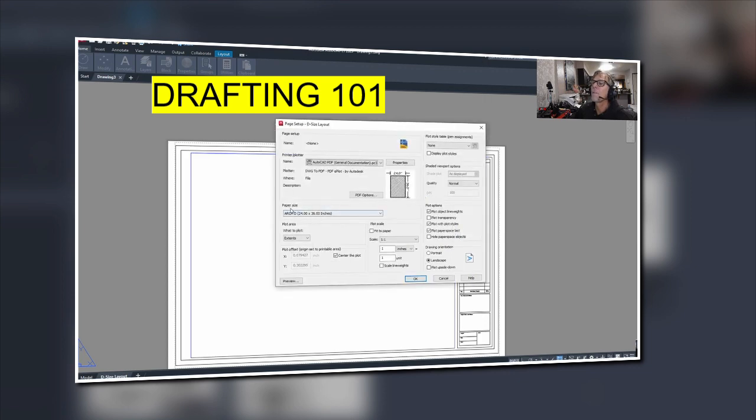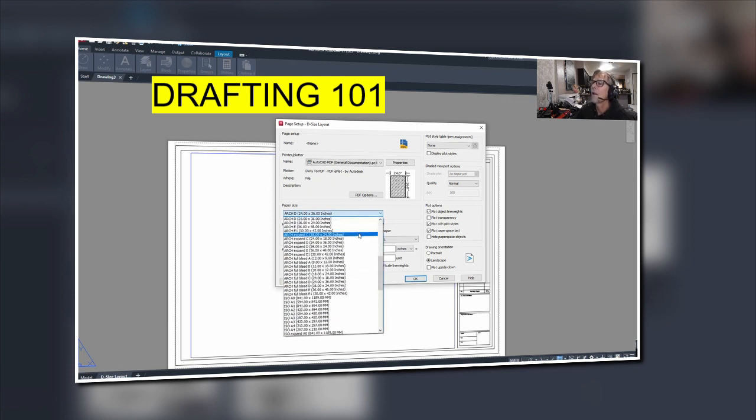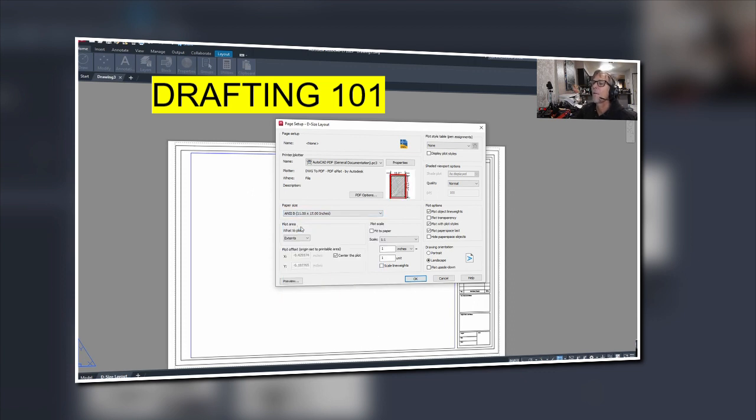Now here's the paper size of D. So Arch D 24 by 36. And they're real expensive to print out. Not if you go to a drafting service, but at Staples or Office Max, it ends up being quite a bit more. Anyway, so we want to do a small drawing. I usually do 11 by 17 because you can have that printed on the self-serve, and it's pretty good. So ANSI B is my preferred one, so I'll click that one, and then I will click Preview,